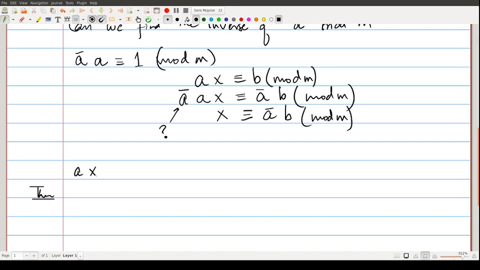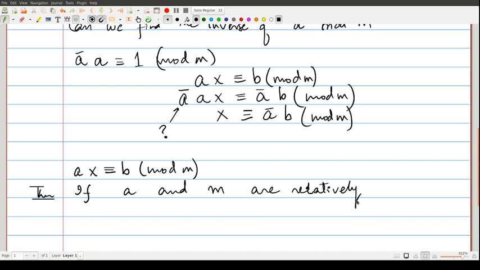The theorem says that if you are solving AX congruent to B mod M, then if A and M are relatively prime. What does that mean? Relatively prime means that the GCD of A and M should be equal to 1. So if they're relatively prime, that they have no common factors and they don't divide each other, then if they're relatively prime, then